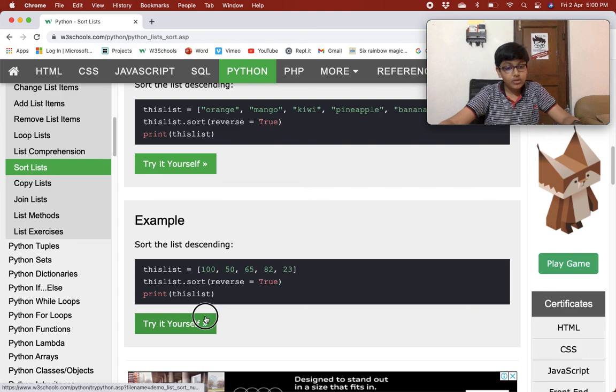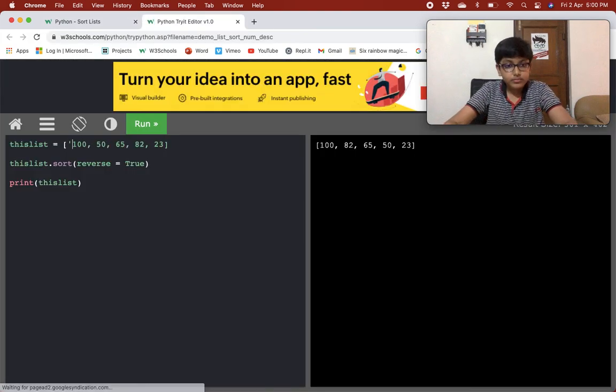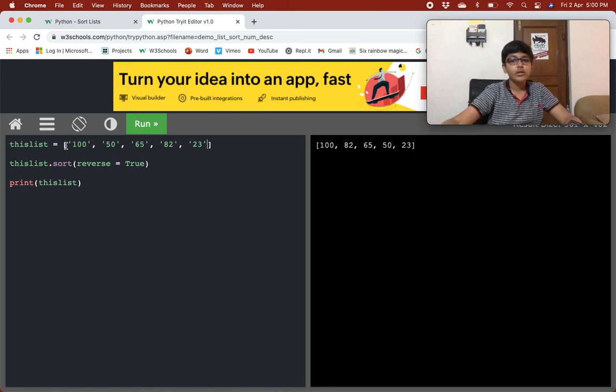But as I told you, if we add these all in quotes, it would be descending, like first 82 would come, then 65, then 50, then 23, and then 100 would come.